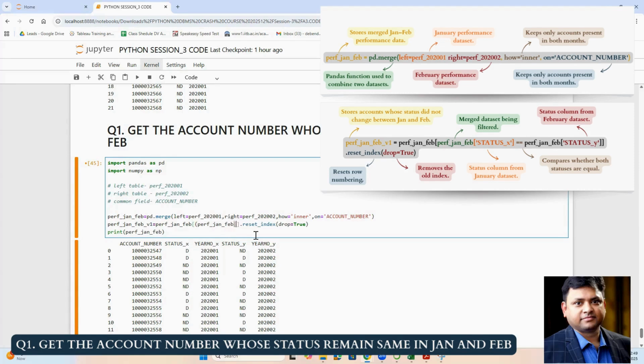In this table, the column name which you want to take is called status X. Yes or no? Are you getting this, guys? Yes, sir. Now the condition you want to give here is equal to